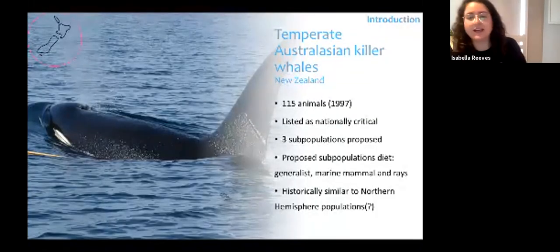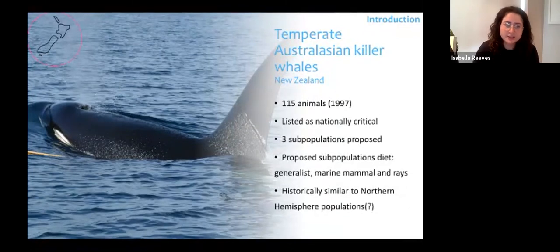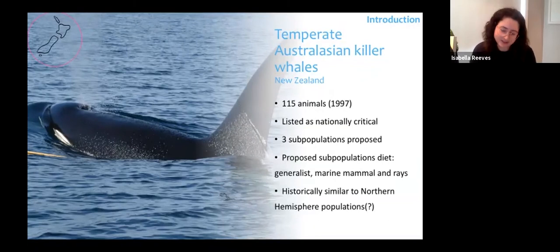So the other temperate region where there's an aggregation is New Zealand, as I mentioned before. They've been sighted all around the islands. And one of the things about New Zealand is even though they've had a really strong record of killer whales being present in the region, there's been a lack of dedicated research probably within the last decade or so. So some of the information is slightly outdated, but just keep that in mind. But from about the early 2000s, late 90s, there were 115 animals estimated for the area, and they've been listed as nationally critical basically ever since by the government.